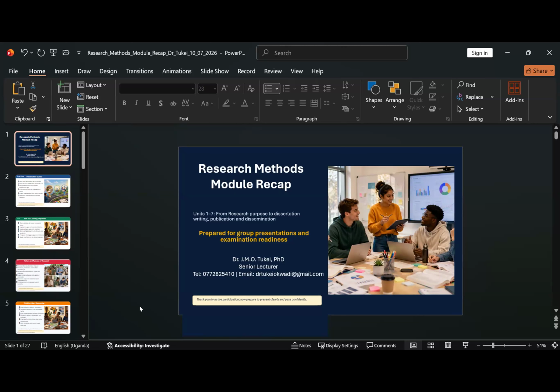Then we also have to maintain ethics and integrity by maintaining originality, proper referencing, and honest reporting. We also have to plan early in terms of time, in terms of money, how to get the permissions, the tools you are going to use, and the data you are going to access. Maybe for the literature review, you need to plan early where you are going to get it from.